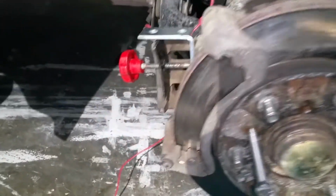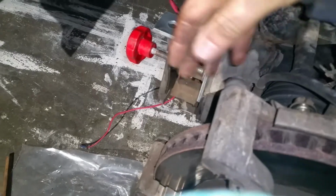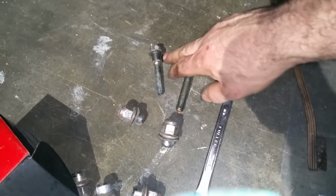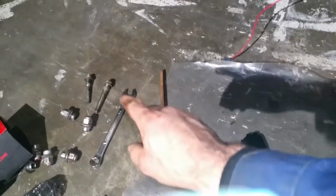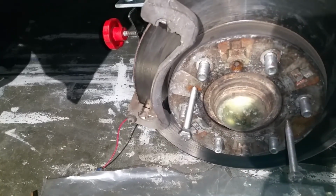Then I had to take the caliper out. So to do that, I had to remove these two bolts. One bolt is here, one is on the other side. And it seems that they are not equal in length. So this is the top one, that's the bottom one. I would have to use some brake silicone lubricant. It's high temperature lubricant. When I put those bolts back in and grease other contact surfaces, I might show you